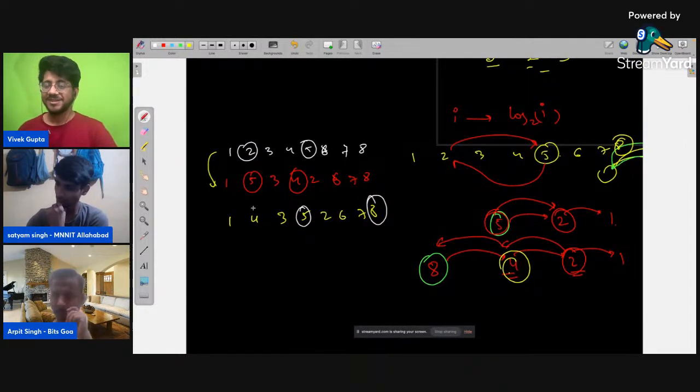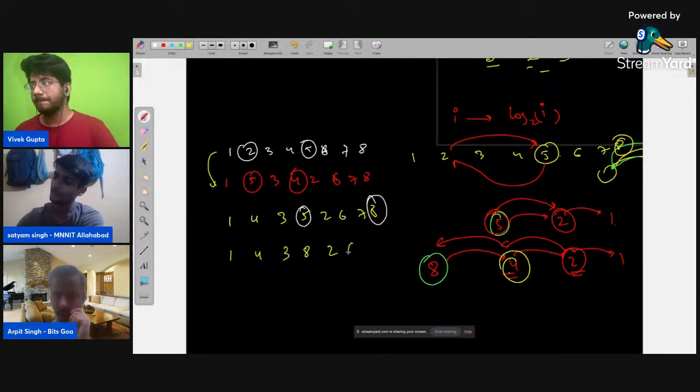Okay. So we swapped 2 and 5 because we had to swap these two things. Then from 2 to 4 we swapped these two positions. Then we swapped 4 and 8. So from 5 we brought it to 8's place.